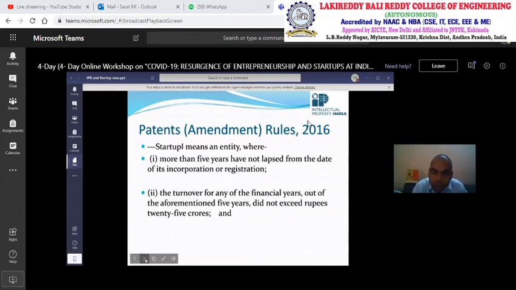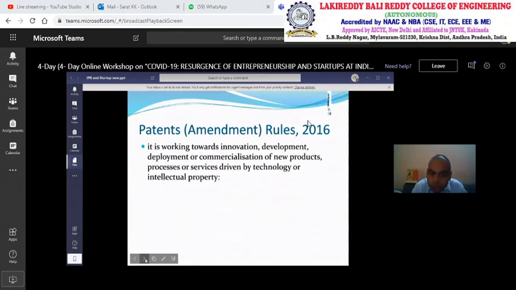That comes under startup. So these are all the criteria. And another point, it is working toward innovation, development, deployment and commercialization of a new product. Then this is statutorily defined by our Department for Promotion of Industry and Internal Trade as a startup.